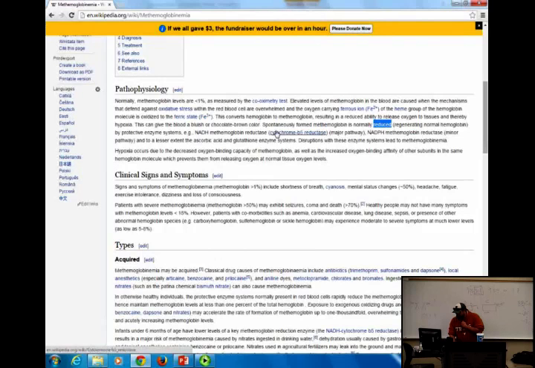It reduces methemoglobin to form hemoglobin. Alright, so each of those questions will be worth 3 extra points. Do they die early? No.